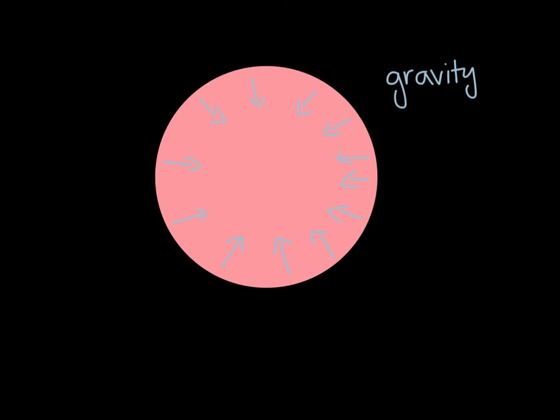So imagine you've got your star drawn by the red circle here. The star is made up of really, really hot gas, but all of the particles in the gas have got mass, and so they're attracted to one another by gravity. So that means that the star wants to collapse because of gravity. It wants to get smaller and become more dense. But